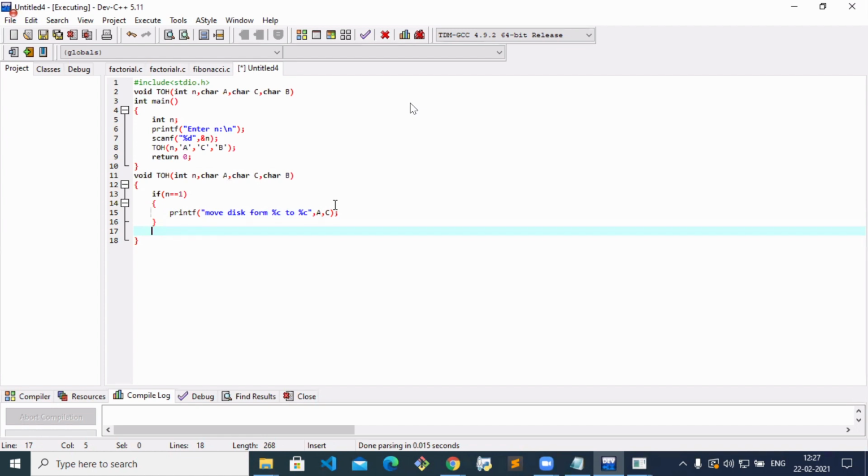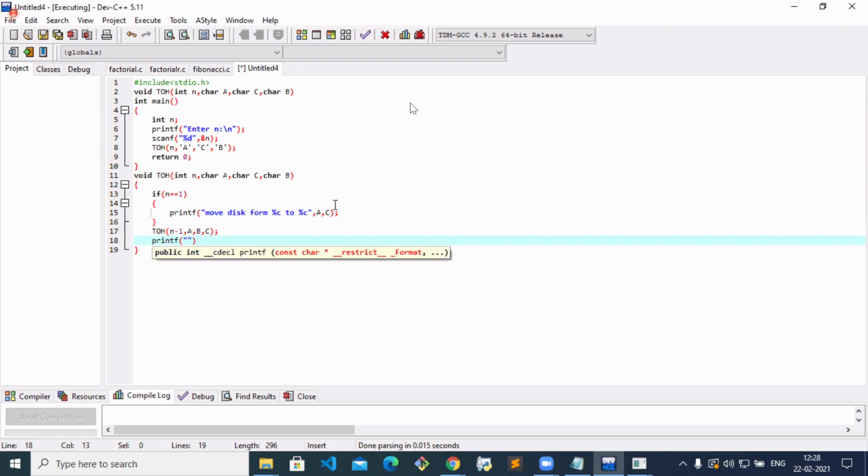Next, what I'm writing: I'm calling the function TOH of n minus 1, comma A, comma B, comma C. Next, printf: move this percent d from percent c to percent c.